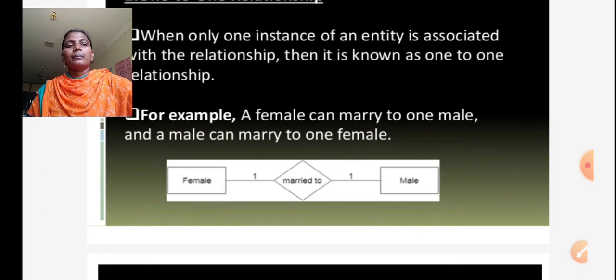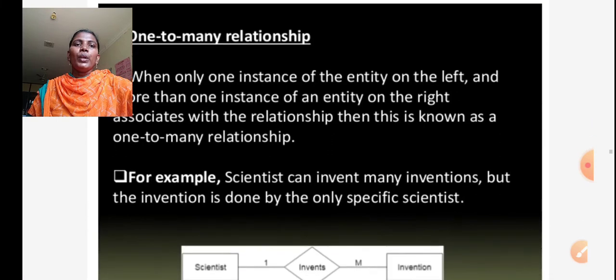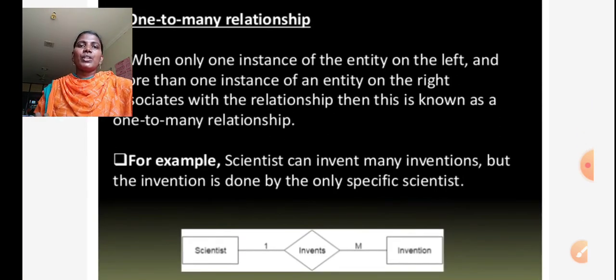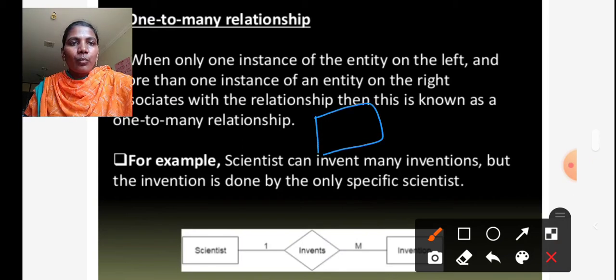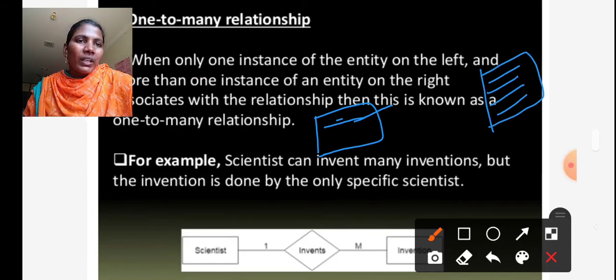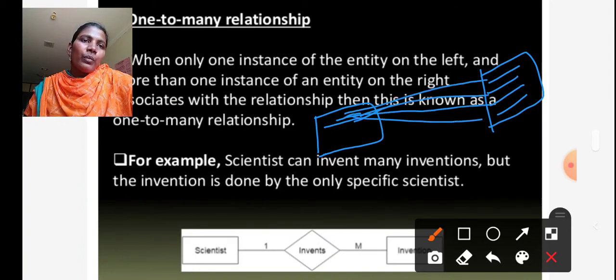Next, the one to many relationship. As we mentioned, in the one to one relationship only one instance participates in the association with the other entity. Here one to many means one instance from one entity is associated or related with a number of instances of another entity.